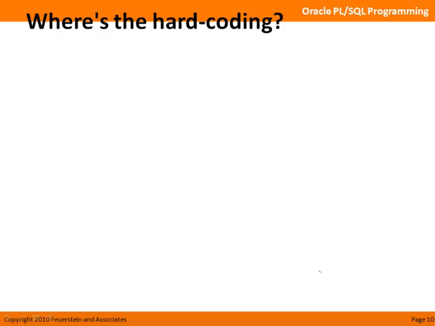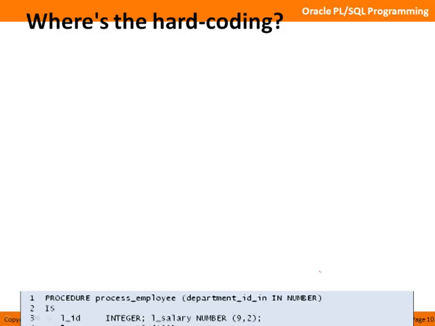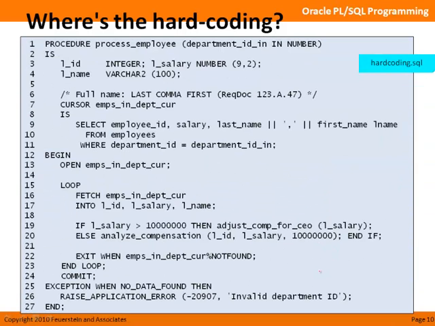Okay, let's finish up this first lesson by taking a look at a piece of code and trying to identify what all the hard codings might be. Now in my demo zip you can access the hard coding file, and you can look at this obviously in as much time as you want. In fact, what I suggest you do is pause the video before you look at my explanation of all these hard codings and see how many you can find. See how many things in this piece of code you feel represent a form of hard coding. So pause the video now,